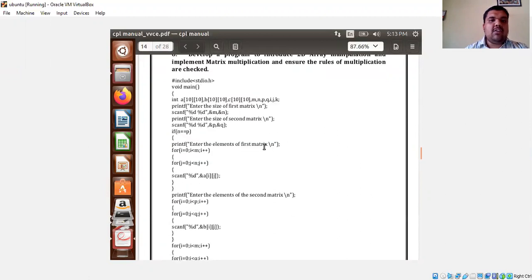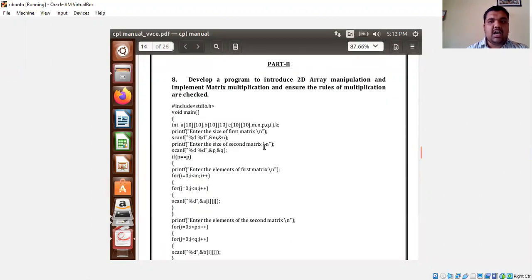Let us have a quick overview of this program. stdio.h, void main, everything is over. Now we declare a few variables. Two matrices I have taken, A of 10 by 10, B of 10 by 10, resultant matrix C of 10 by 10, m, n, p, q, i, j, k. Here m, n and p, q are the rows and columns of the orders of matrix A and matrix B respectively. i and j are used for row and column initialization, and k for the resultant matrix.